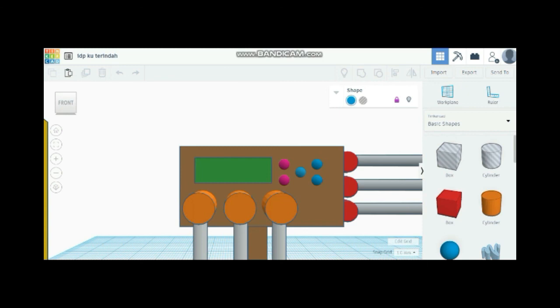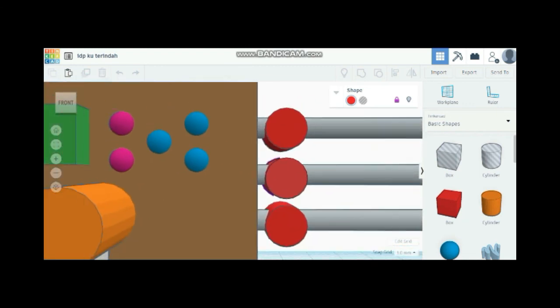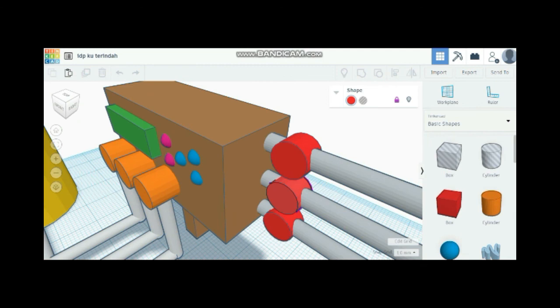The volume of fertilizer and water will be adjusted using this button. This button is used to increase and decrease, and the other button will display the concentration of the fertilizer, which is the EC meter, and the volume of water in the tank. This water pump will be used to transfer the fertilizer and water to the flow water sensor. The flow water sensor is used to measure the quantity of the fertilizer and the water so that we get the correct amount, as we set by the controller.